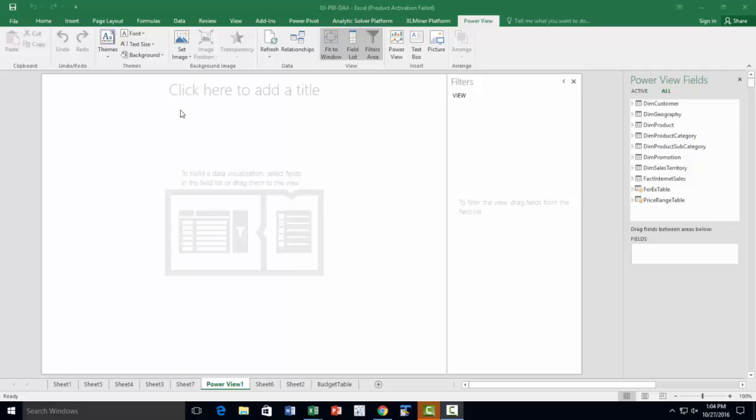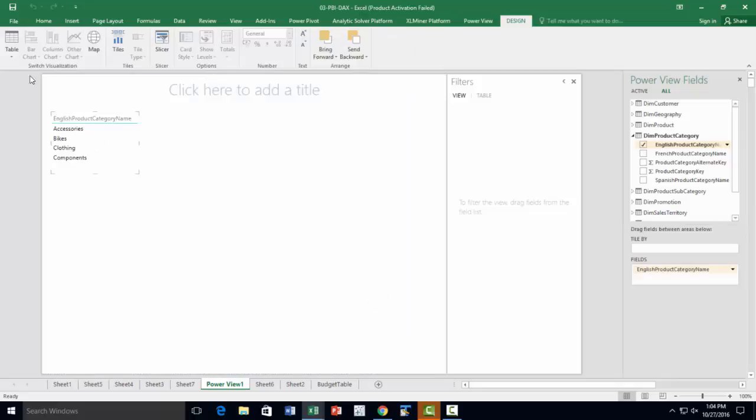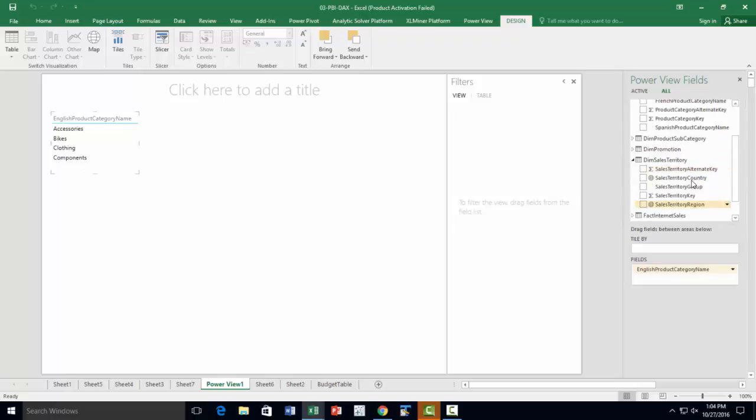Now we can drag and drop items from here. So for example, we bring in the product category name and drop it here. Okay. So here is a table with the product category names. Okay. So now suppose we go and bring in sales territory country, and